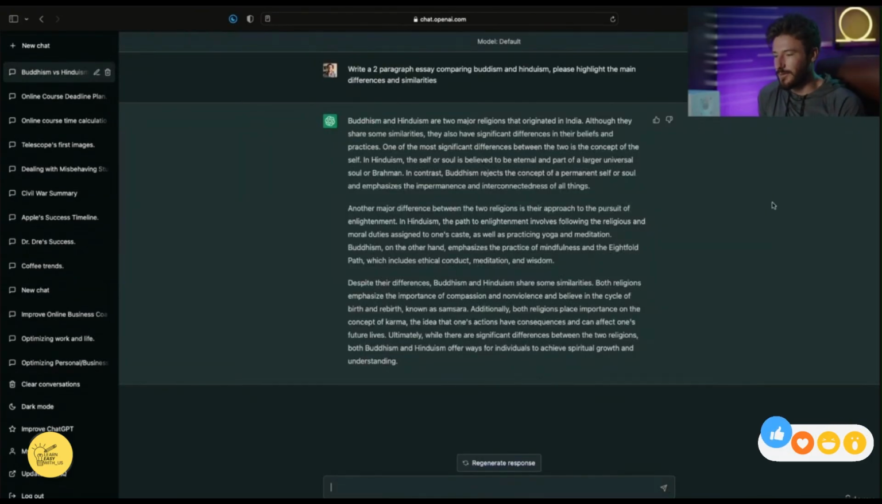So here is our 2-paragraph essay comparing these two things. Buddhism and Hinduism are two major religions that originated in India. Although they share similarities, they also have significant differences in their beliefs and practices. One of the most significant differences between the two is the concept of the self. In Hinduism, the self or soul is believed to be eternal and part of a larger universal soul or Brahman. In contrast, Buddhism rejects the concept of a permanent self or soul and emphasizes the impermanence and interconnectedness